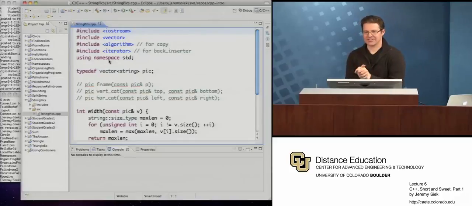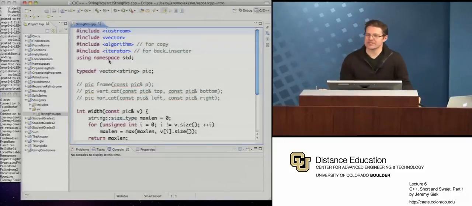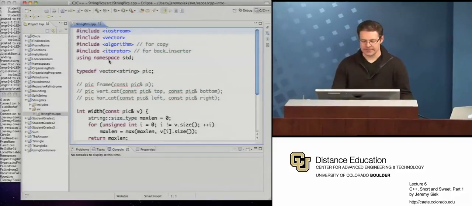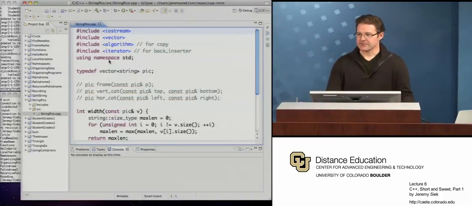The lecture for this session is today. We'll be talking about using algorithms from the C++ standard library. This is going to have a lot to do with iterators and things like that, and a lot of it is seeing how we can save our own time in using some